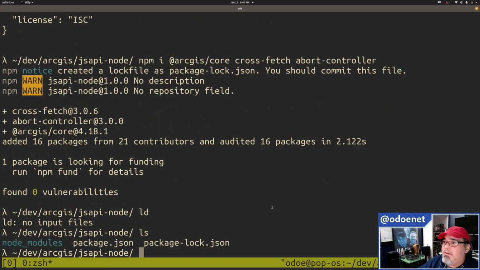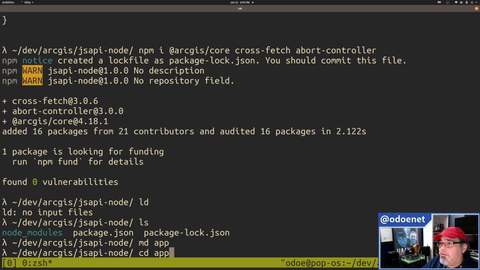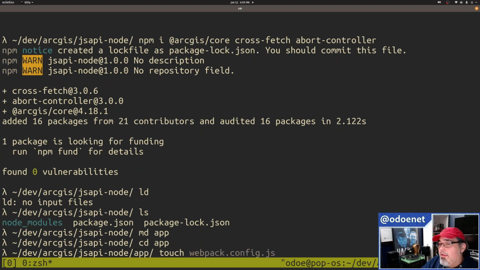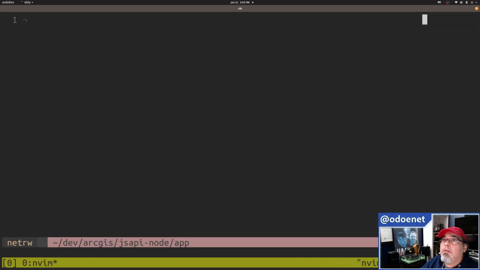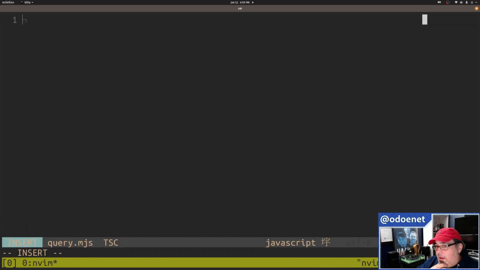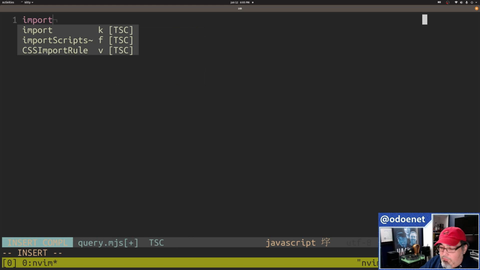Okay, awesome. Because I still like having folders. I don't know why. We'll call it app folder, cd in app. And let's go ahead and create a query.mjs, right? So like I said, this is going to be a module that we're going to want to use. Okay, so first thing we want to do is we want to import the